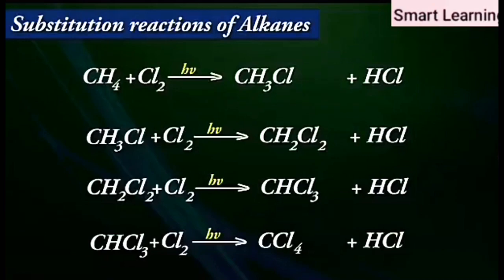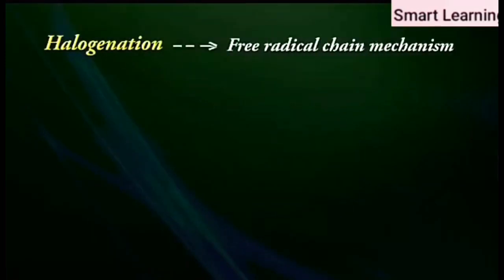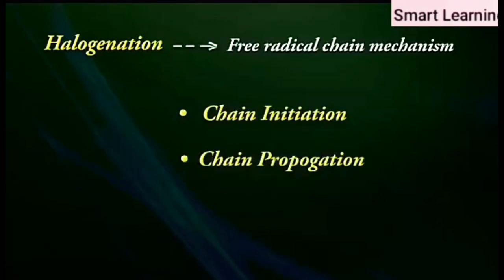It is important to note that halogenation is supposed to proceed via free radical chain mechanism involving 3 steps, namely